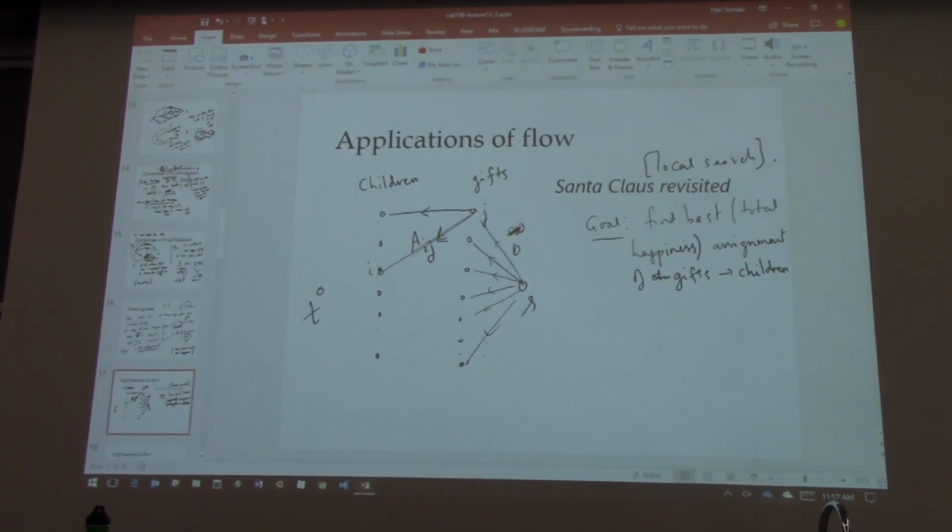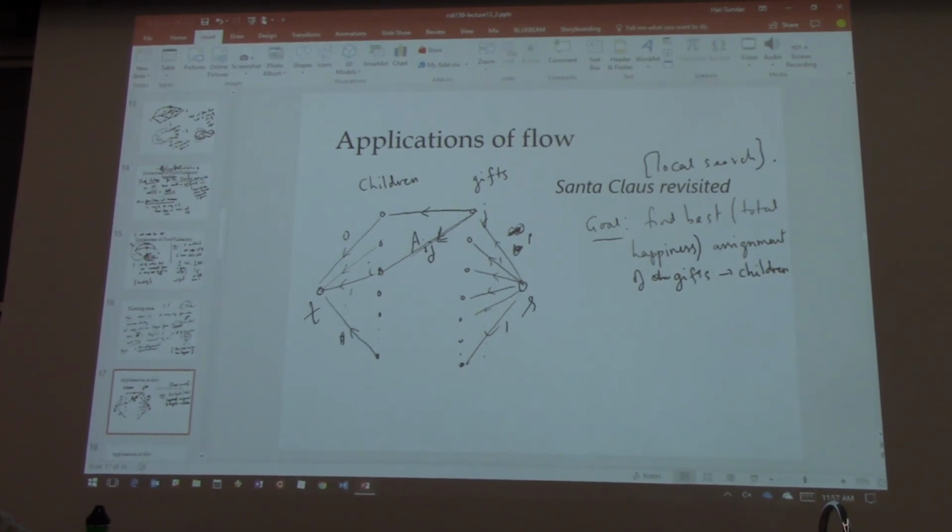And what about this T? Presumably you want to do this also. And what about capacities here? Okay, let's try 0 again. Now what is the max flow from S to T? 0, okay. That doesn't tell you much about the assignment, right? So what if you had edge weights of one on these? And here also 1?